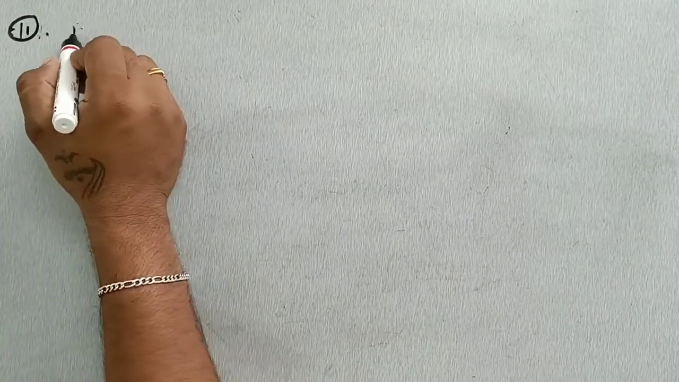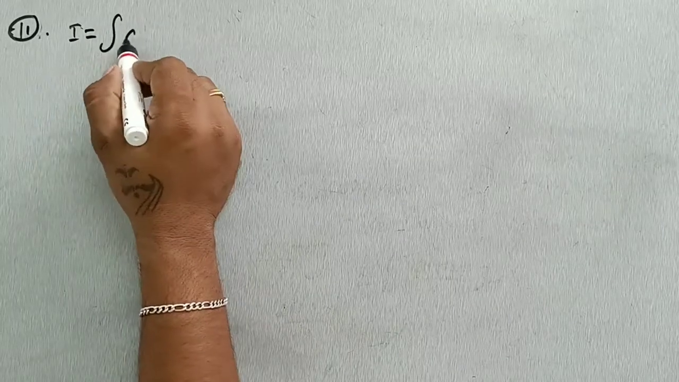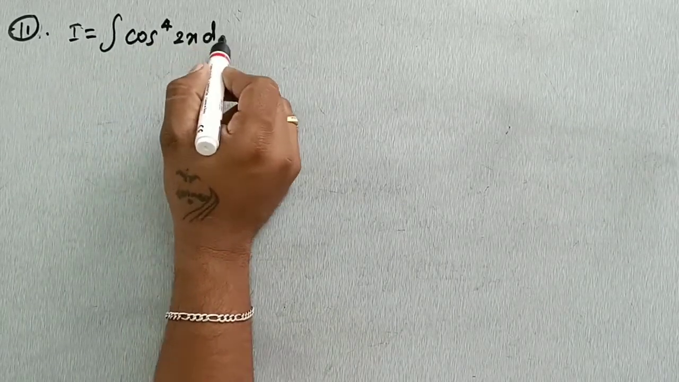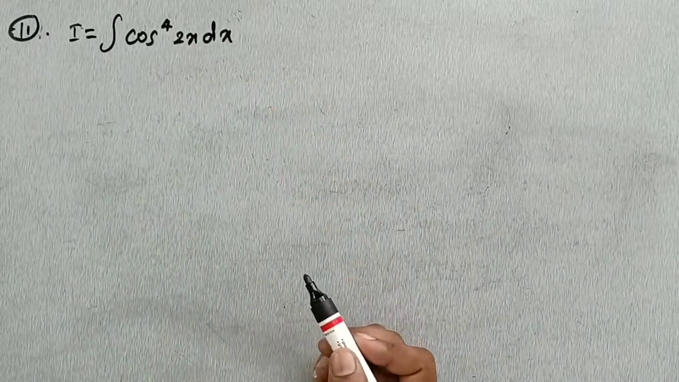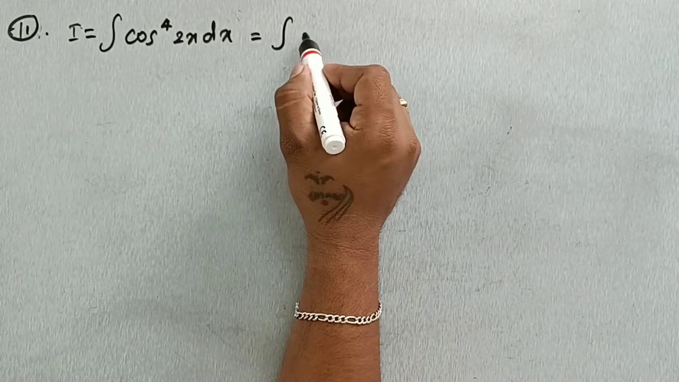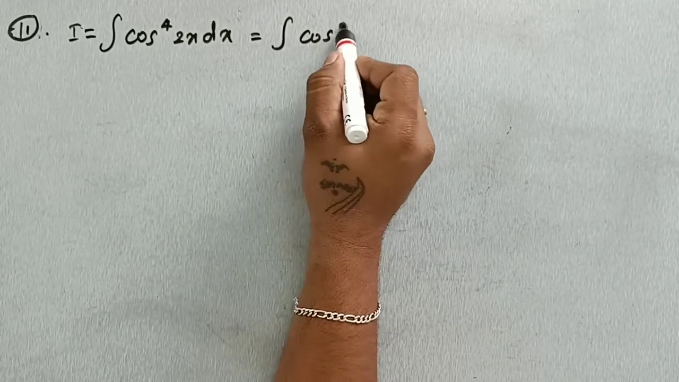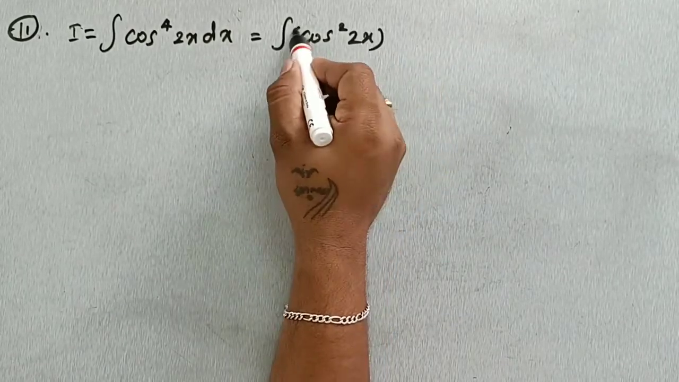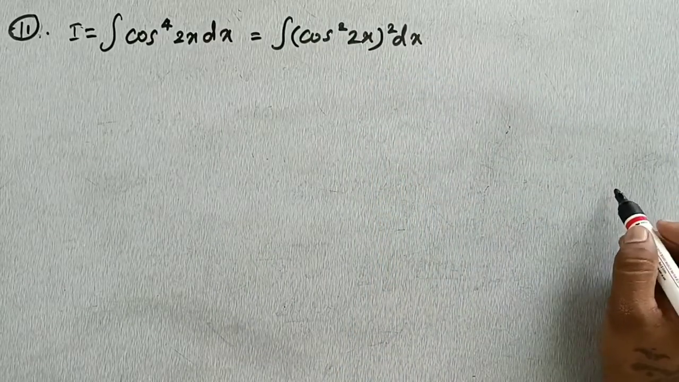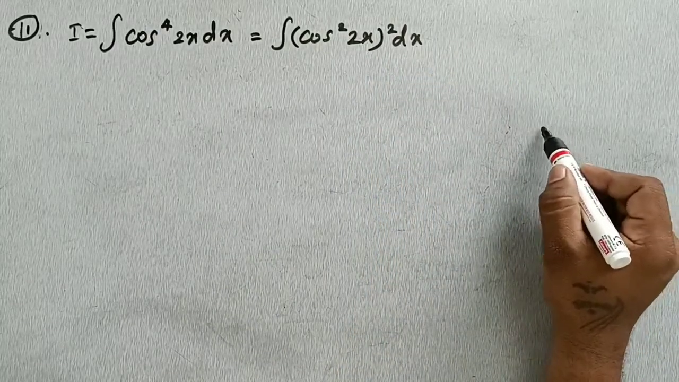Question number 11 is also the same model. Here it is given cos power 4, that is I equals integral of cos power 4 2x dx. For this question I am going to use the cos square formula. So I can write integral of (cos square 2x) whole square dx. What is the formula for cos square 2x? That is 1 plus